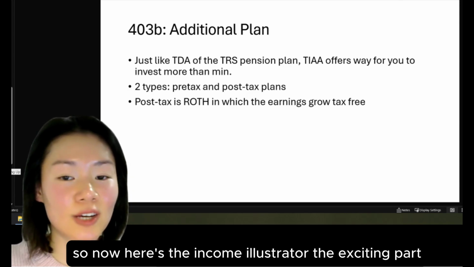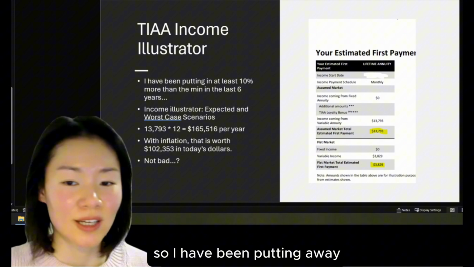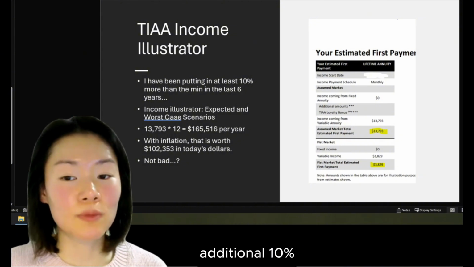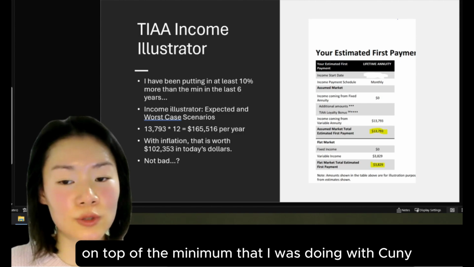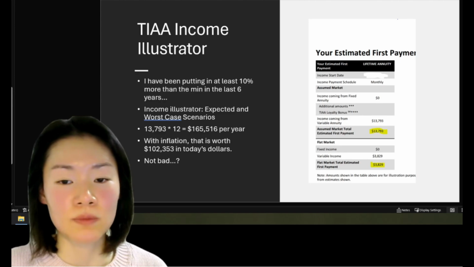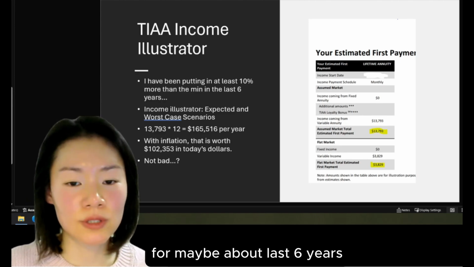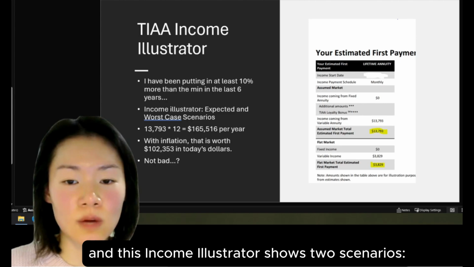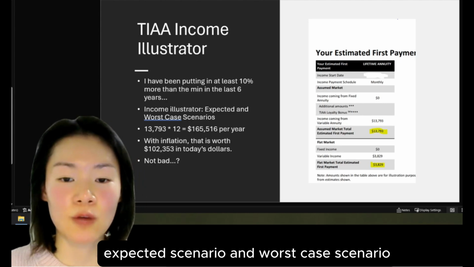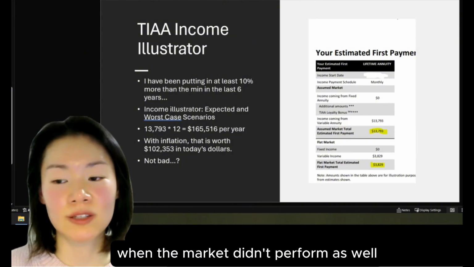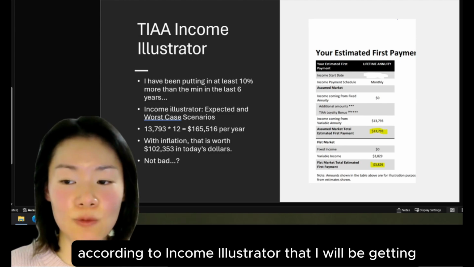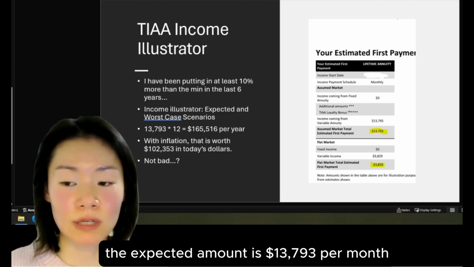So now here's the Income Illustrator, the exciting part. I have been putting away an additional 10% on top of the minimum, or mandatory, contribution that I was doing with CUNY for maybe about the last 6 years. And this Income Illustrator shows two scenarios: the expected scenario and the worst case scenario, when the market didn't perform as well. So according to the Income Illustrator, the expected amount that I will be getting is